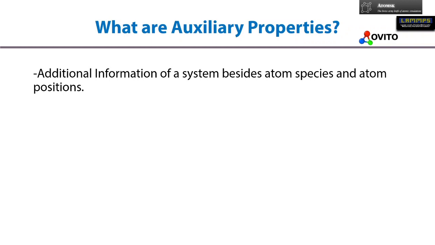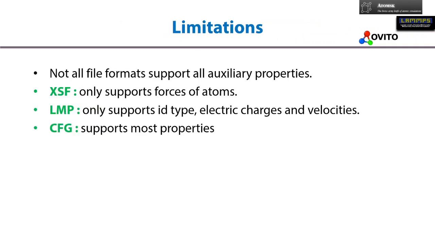When we are defining a system, we mainly indicate the atomic species we would be using and the atomic positions, but besides these two properties we can also add some other information, and that additional information is termed auxiliary properties. There are some limitations in using auxiliary properties, that is, not all file formats support all